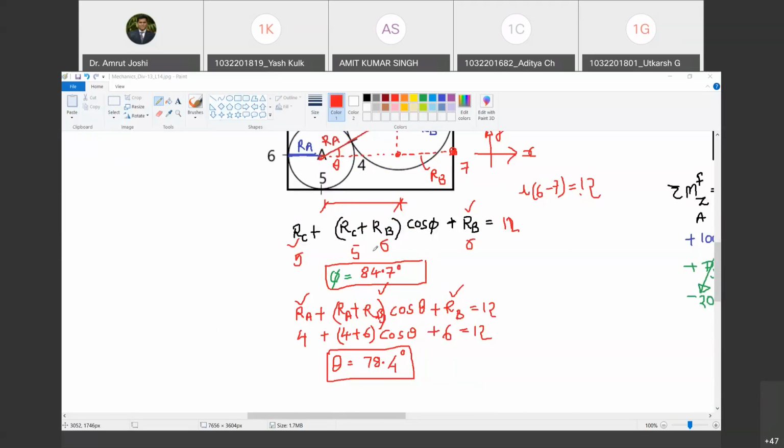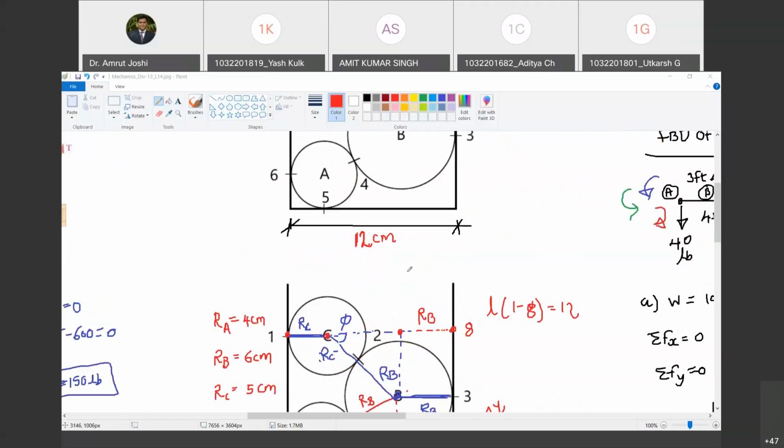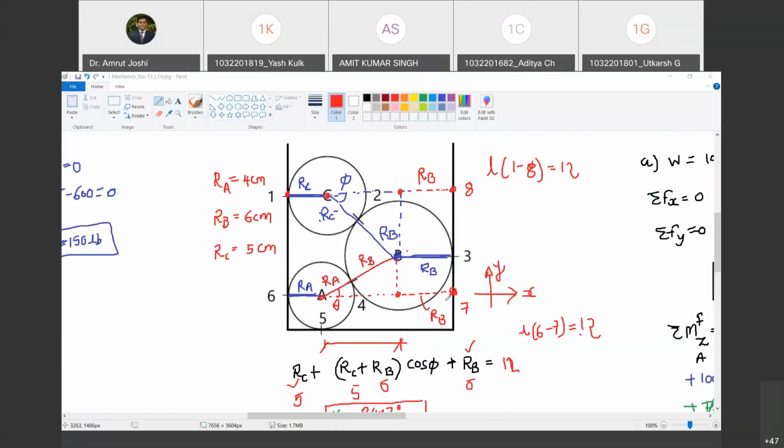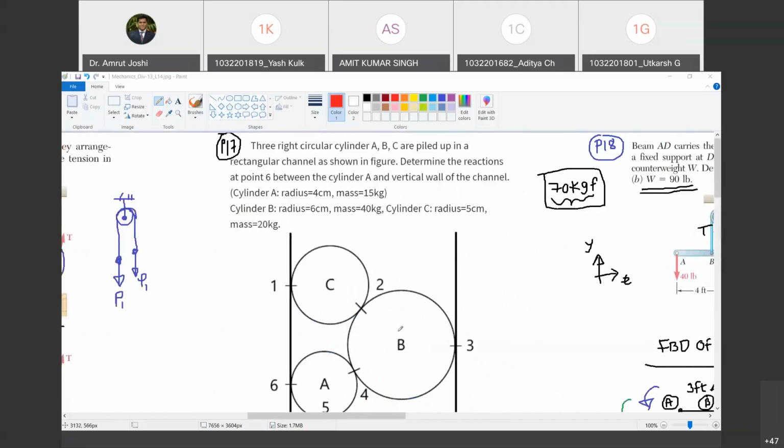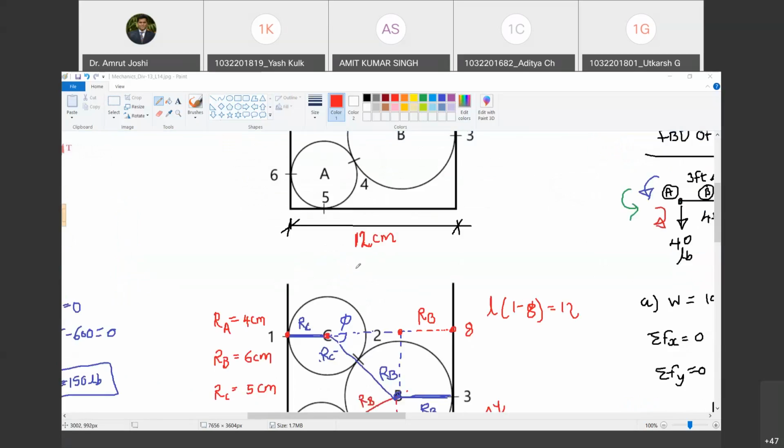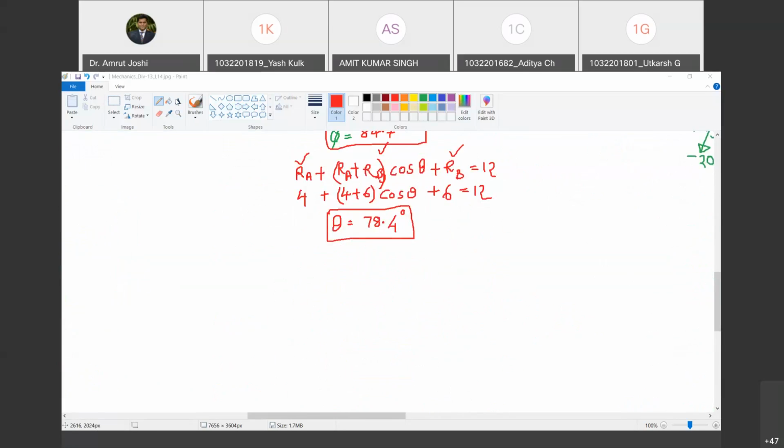So now let us go ahead with this problem. So how do we tackle this problem? First thing that we do in this kind of problems typically, remember as a thumb rule, we will draw free body diagram of uppermost sphere first. Uppermost sphere or cylinder, whatever it is. In this case, it is cylinder. So we will draw the free body diagram of cylinder C first. It will be clear in a while why we choose to do so.